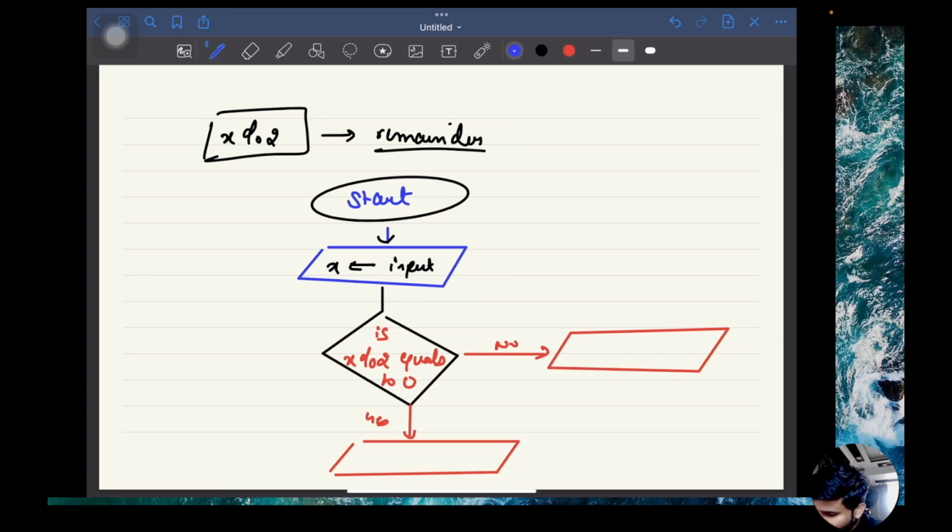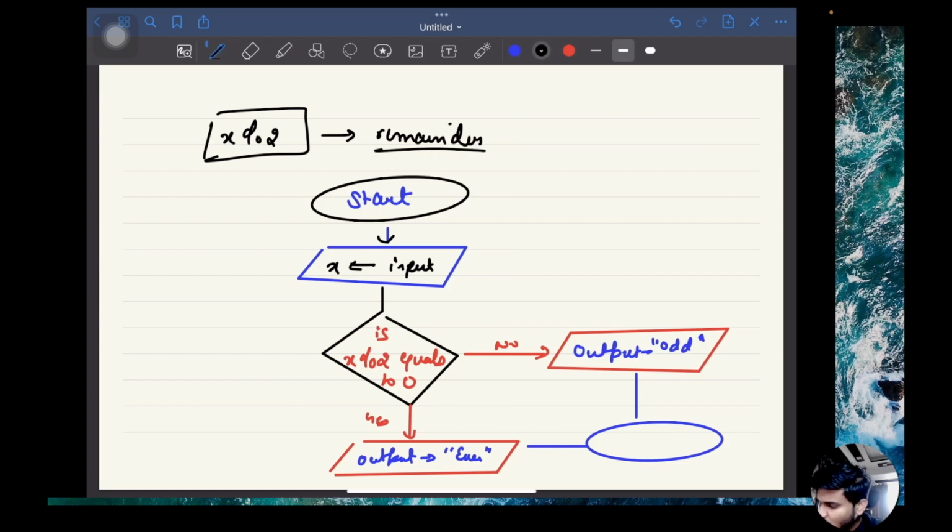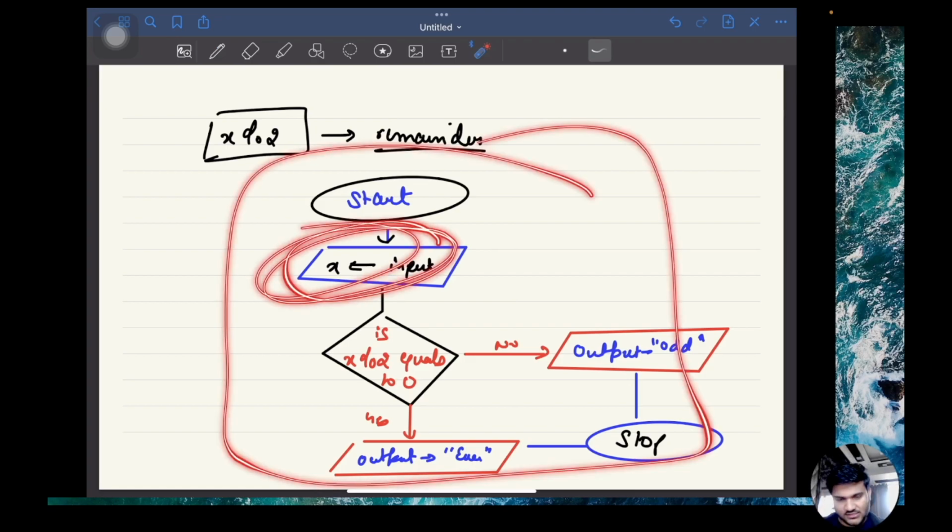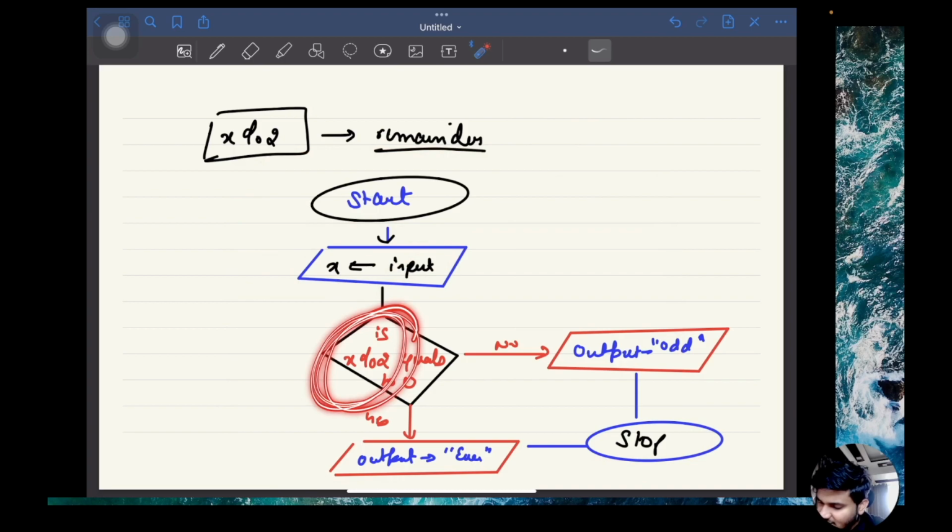If it is a yes, then we will say output even, otherwise output odd, right? And then we can just stop the execution. This is the basic flow for the flowchart, that we will take the input for x, and then we will check if the x is divisible by 2 or not. If x is divisible by 2, then we can say it is going to be an